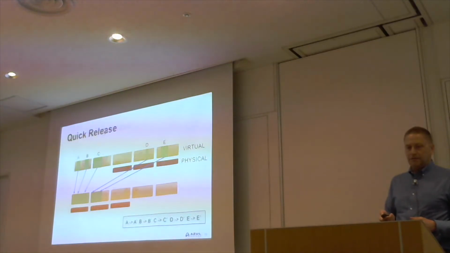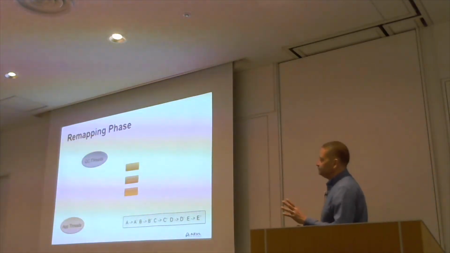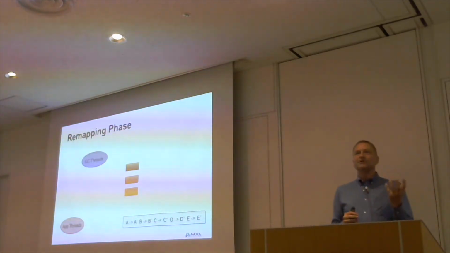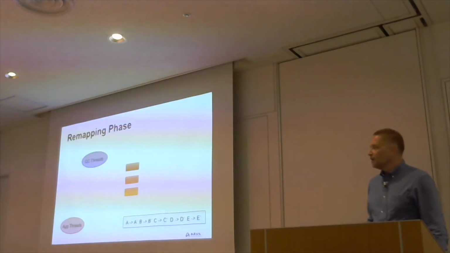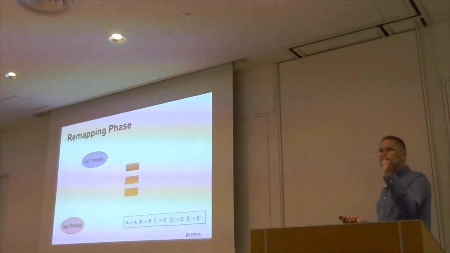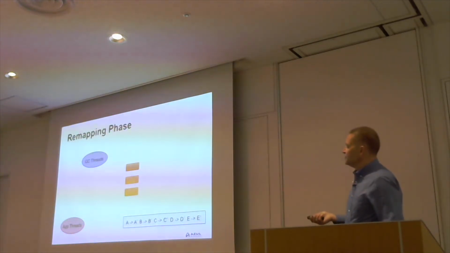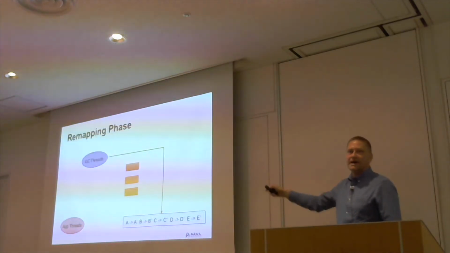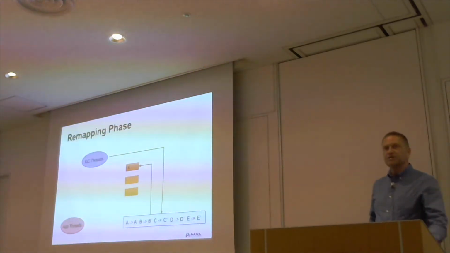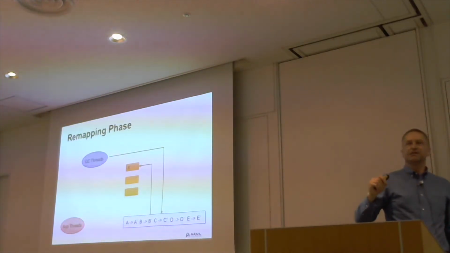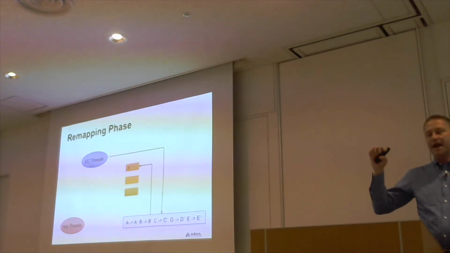Yeah, so we'll just do that again. Right. So then we need to remap. So this is where we need to say, okay, we've got this information, A to A prime, B to B prime. We need to update the references that are being used for this. So at this point, our garbage collection threads will go into the remapping part. And they'll say, okay, for the object header, we need to change the address of where the object is. So we'll take A and A prime, and then we'll look at the object reference for A, and we'll change it so that it's now got the correct value in it. And we'll set a bit in the object header to say that particular object has been remapped.